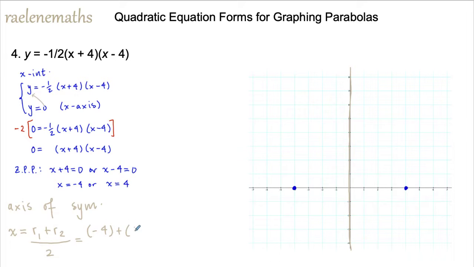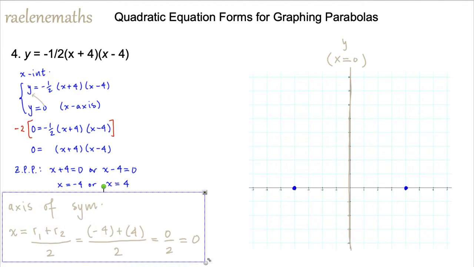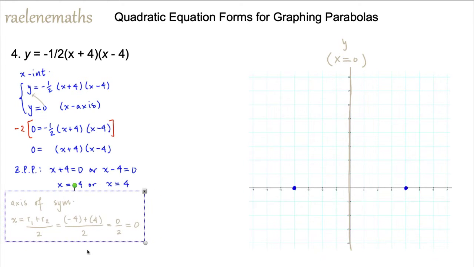So we take negative 4, add it to positive 4, and divide by 2, which gives us 0 divided by 2, which is equal to 0. And so x equal to 0 is indeed the equation for the vertical line whose label and name is the y-axis. So now that we've got the axis of symmetry, we know that the turning point has to lie on